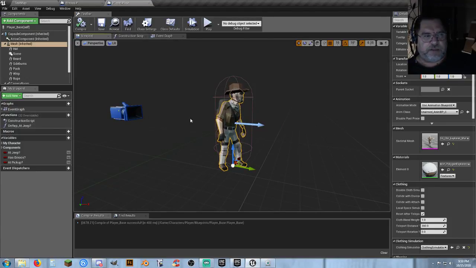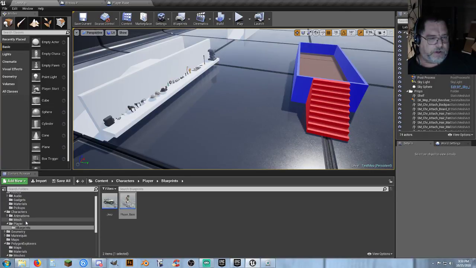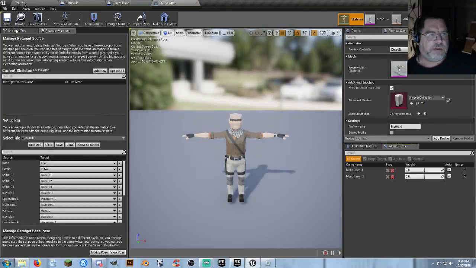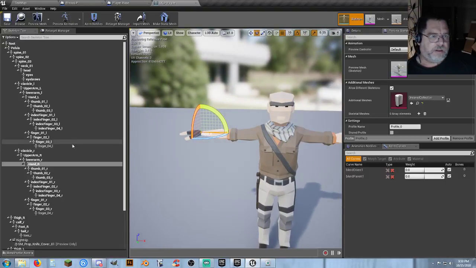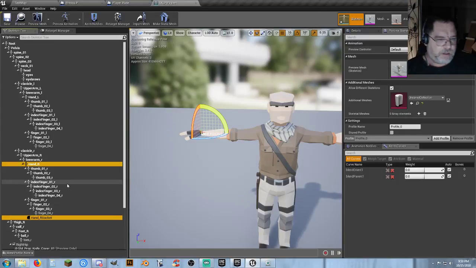But let's get it in the hand first. So one of the things I would like to do is create a socket on our player mesh. So I'm going to go to my actual skeleton, go to the skeleton tree, click on the right hand, and I am going to right click on it and add a socket, and I'm going to call this main